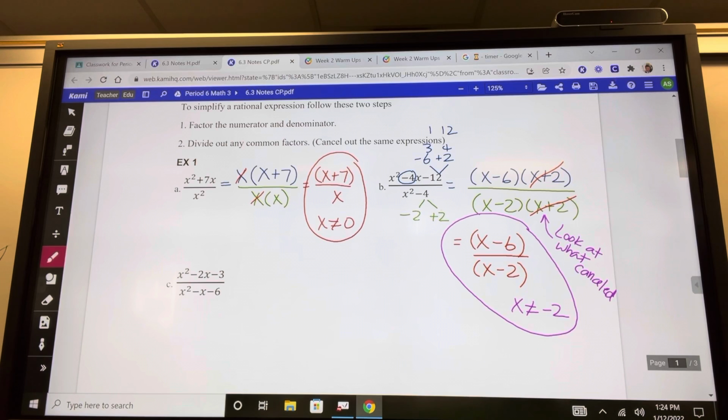The top can equal it, it's fine. But we just don't want the bottom. Then it gives me